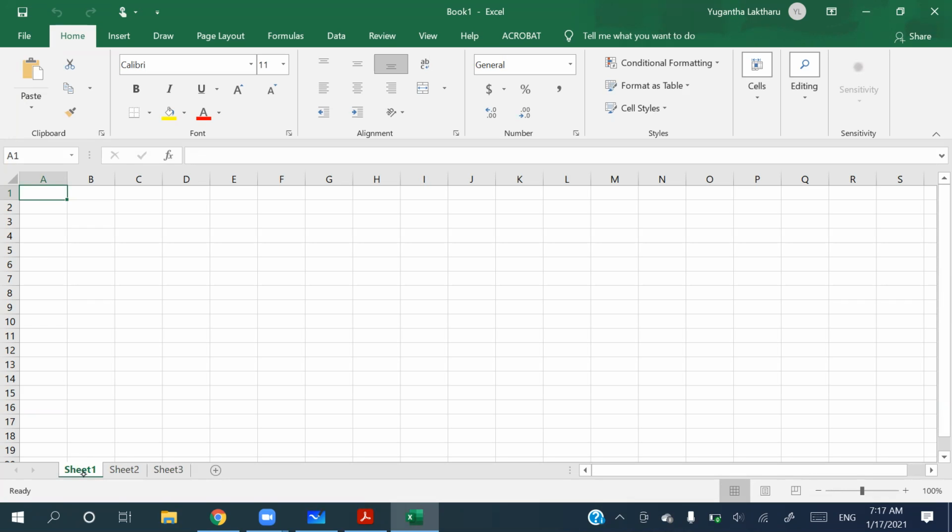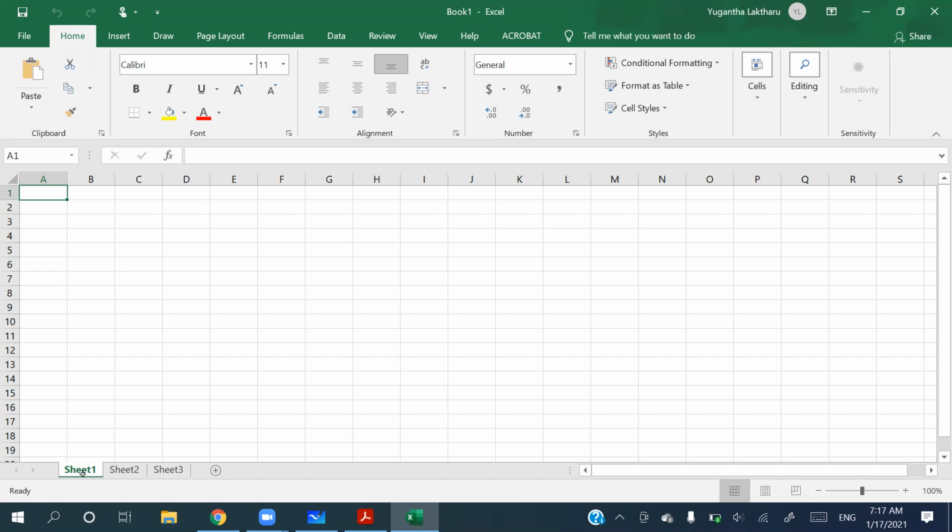If you're in sheet 1, if you press control page up, it will move to the next sheet. If you press control page up again, it will move to the next sheet. And if you press control page up in here, nothing will happen. But when you click control page down, it will come sheet by sheet to the very first sheet, or the